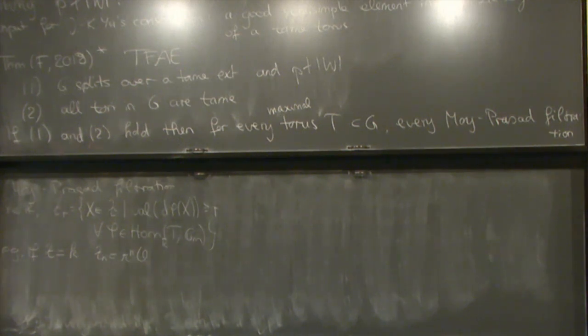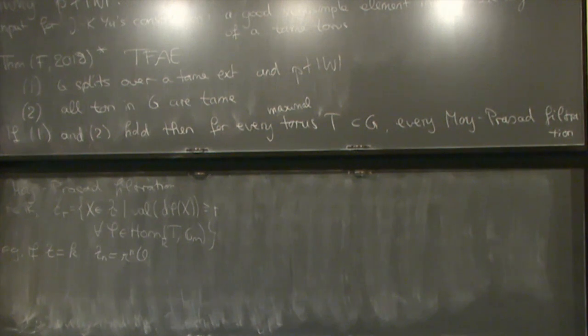Uniformizer is 1 and it remains 1. Yes, so different people do it differently. Good question. I normalize it such that the valuation of my uniformizer in K is 1, and if I have an extension of K, I just extend the valuation. But you have to be careful. Some people normalize it for each field extension. It doesn't matter in the end. It just shifts, it scales everything if you change the valuation.